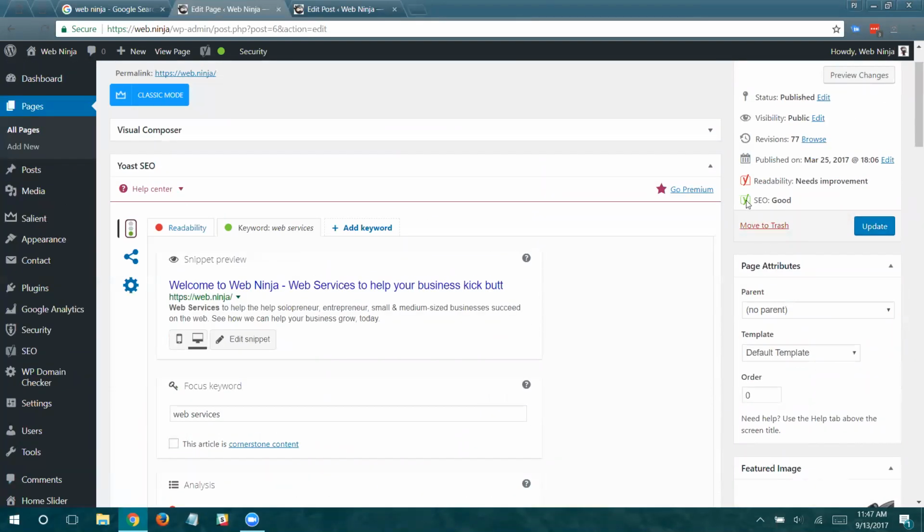And here's where you're going to see that, up here in the publish area. So here's the Yoast icon. The SEO rating is good. Readability is crap, but that's not the worst thing in the world. And that's not what I'm really going for on a homepage where I just want to get people to information that's specific to them.